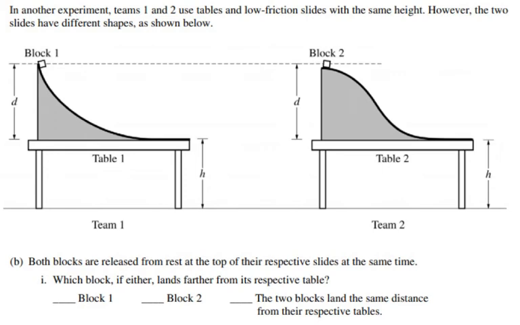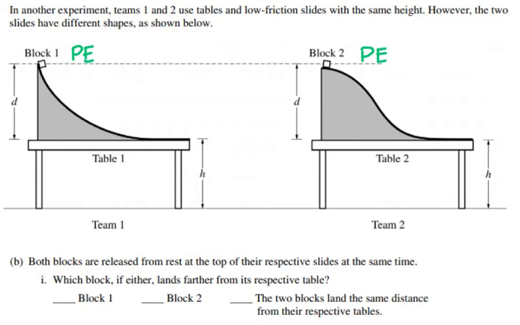For the second part of the problem, in another experiment, teams 1 and 2 use tables and low friction slides with the same height. However, the two slides have different shapes, as shown in the pictures. If both blocks are released from rest at the top of their respective slides at the same time, which block, if either, lands farther from its table? So in this case, both blocks have the same potential energy that they start with,